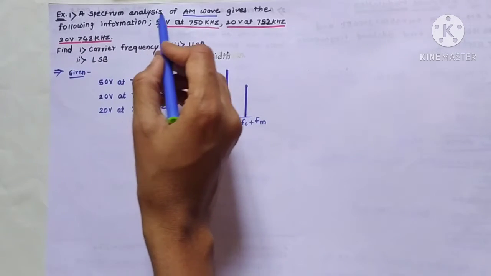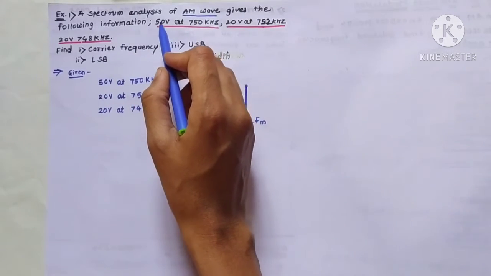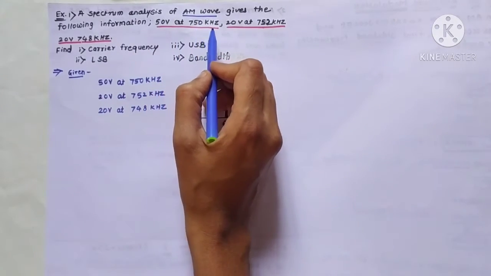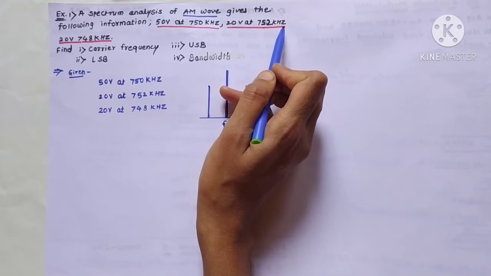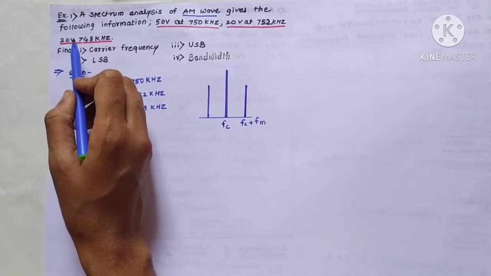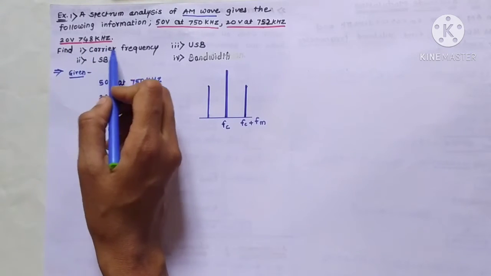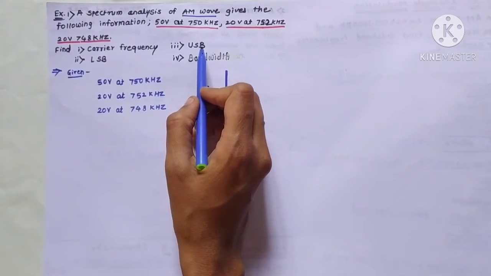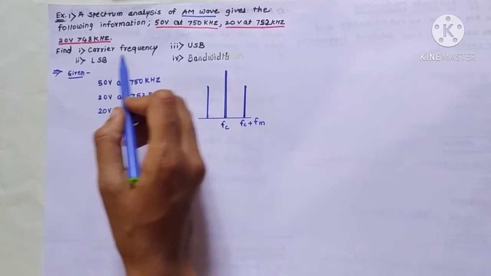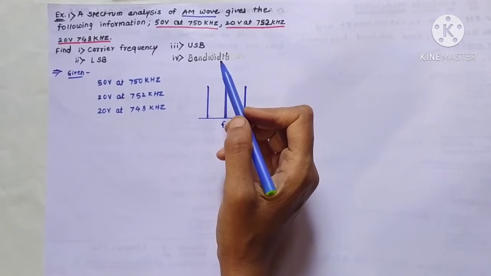A spectrum analysis of an AM wave gives the following information: 50 volt at 750 kHz, 20 volt at 752 kHz, 20 volt at 748 kHz. Find the carrier frequency, USB, LSB and bandwidth. Okay students, now